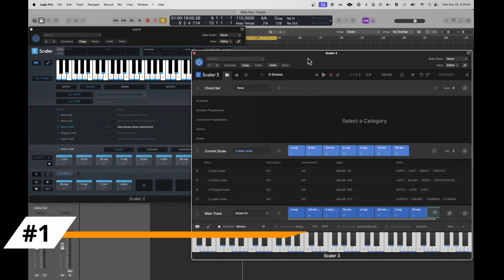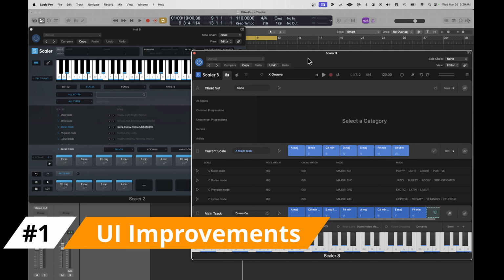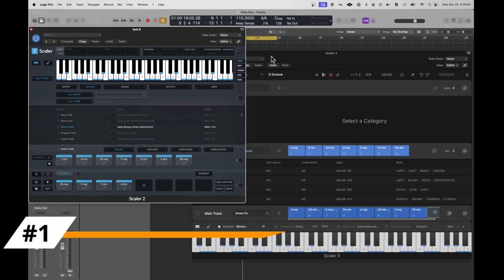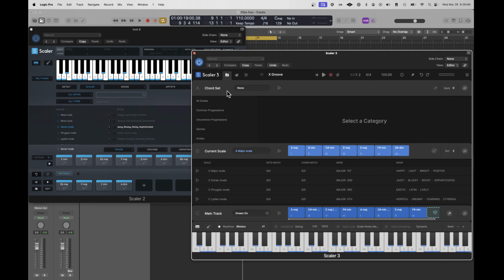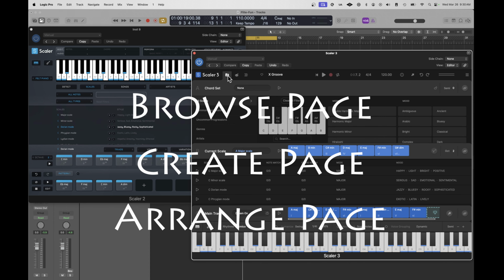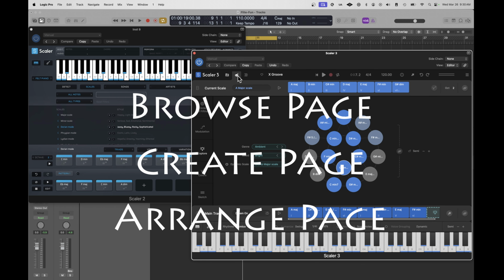The first thing you'll notice with Scalar 3 is the change to the UI. Here's Scalar 2 on the left, and here's Scalar 3 on the right. It's more than just a cosmetic change. The entire application has been redesigned for optimal workflow, taking advantage of the features and developments that were made in Scalar 2. You've now got a browse page, a create page,